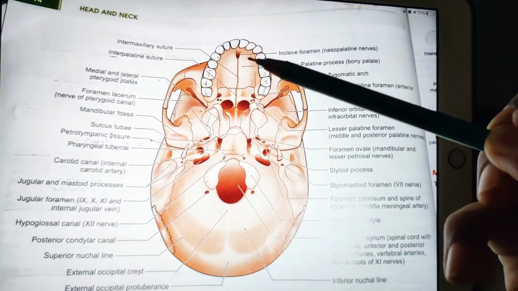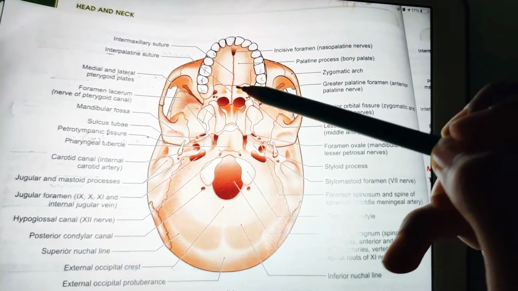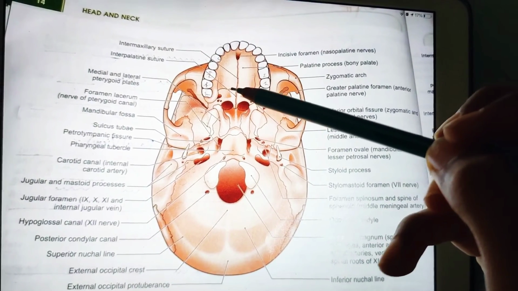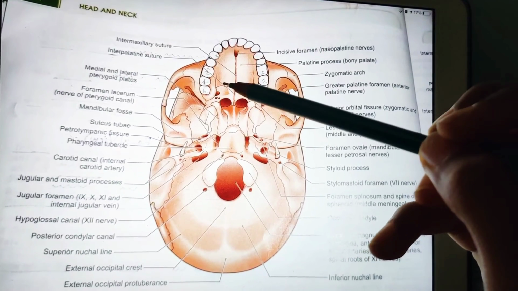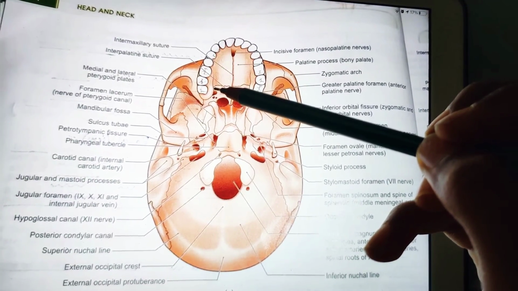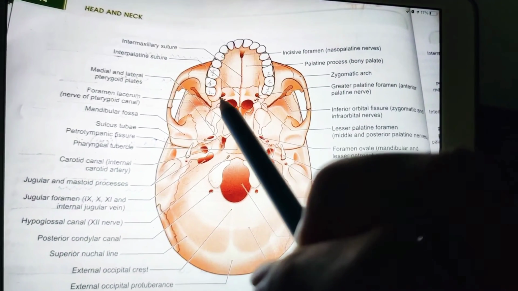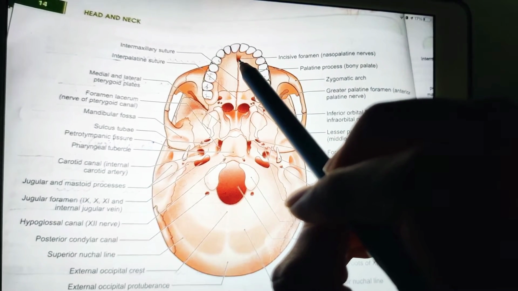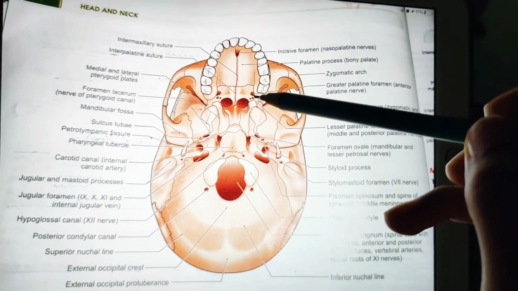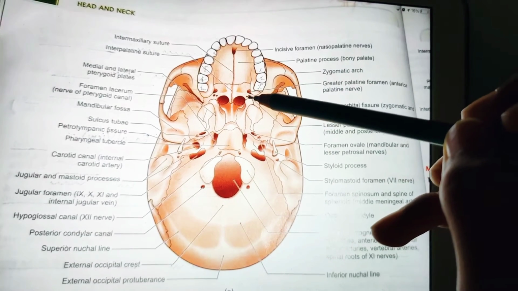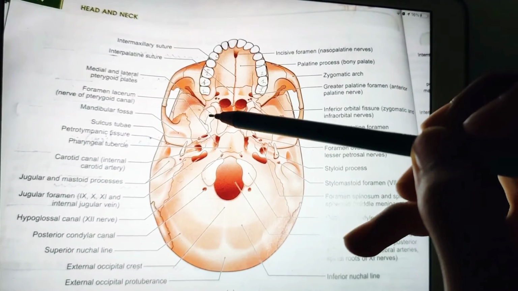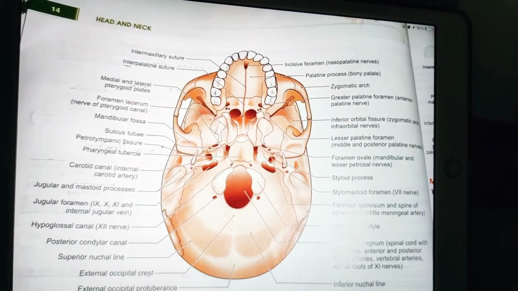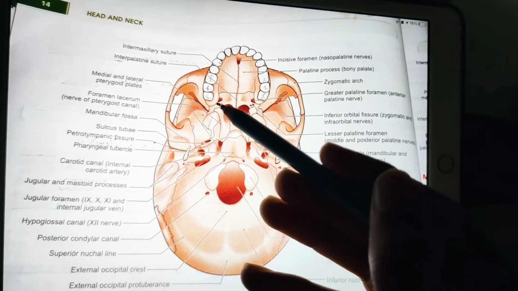Next, coming to the greater palatine foramen. These are the greater palatine foramina. The greater palatine foramen, one on each side, is behind the lateral part of the palatomaxillary suture. This groove leads from the foramen towards the incisive fossa. So from this greater palatine foramen we can go like this by canal into the incisive fossa. Now coming to the lesser palatine foramina, you can see here 2 or 3 lesser palatine foramina behind the greater palatine foramen, in the pyramidal process of palatine bone.